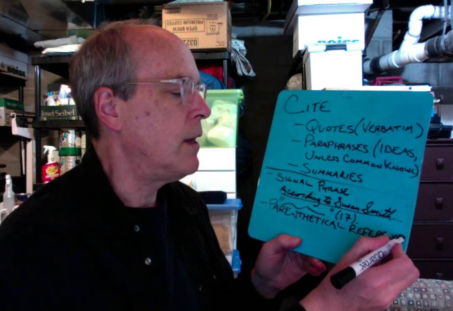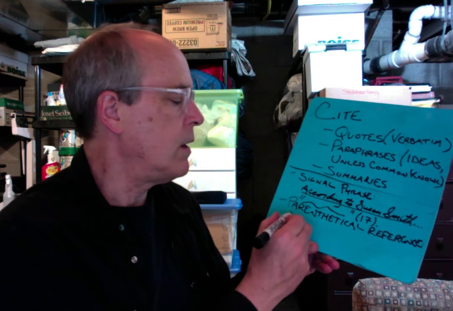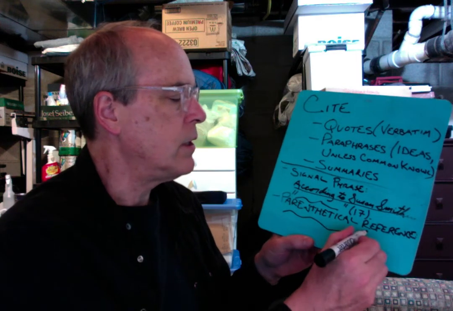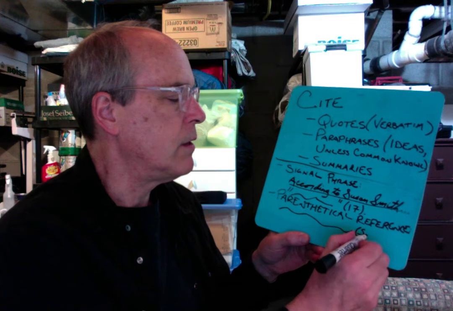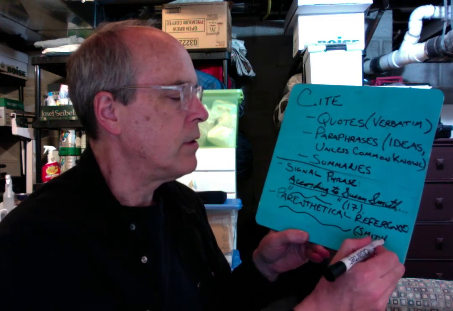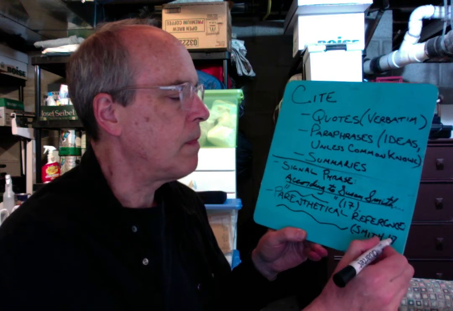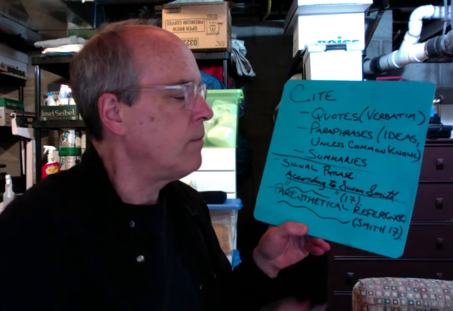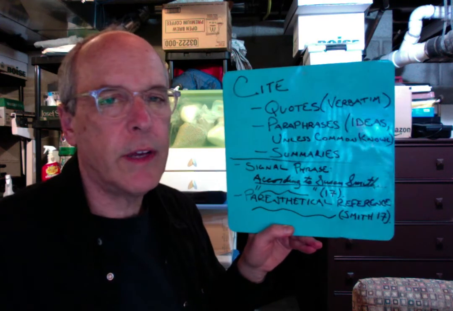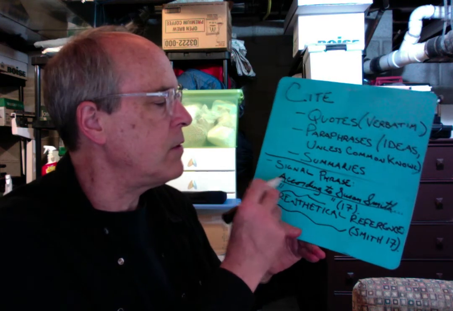And that would be done like this. Instead of mentioning who the author is, you just have at the end of the sentence, whether it's a quote or a paraphrase or whatever, the author's name and the page number, right? A parenthetical reference. That's perfectly acceptable, although this is better